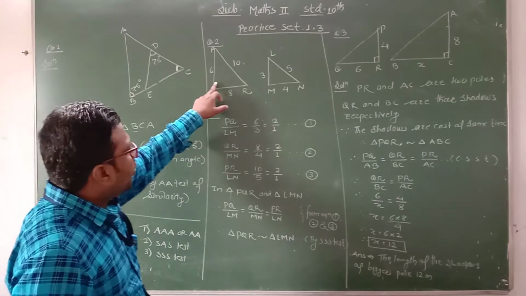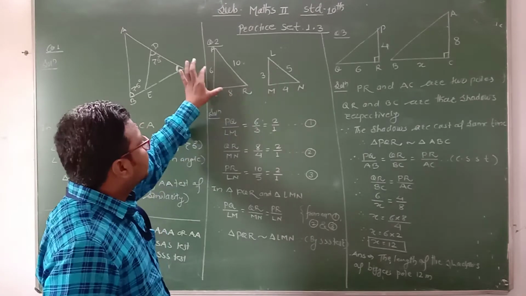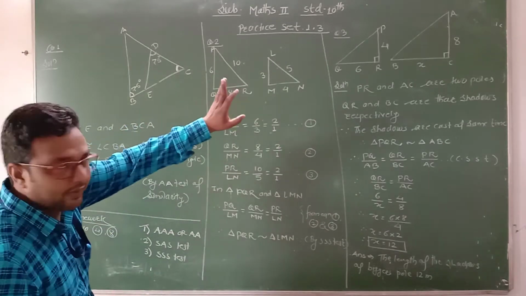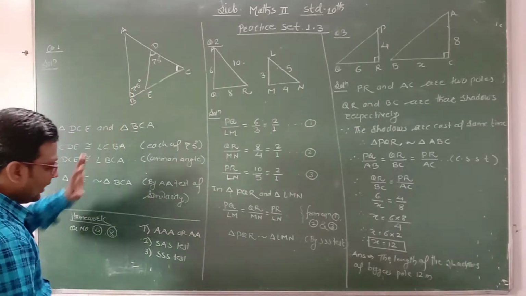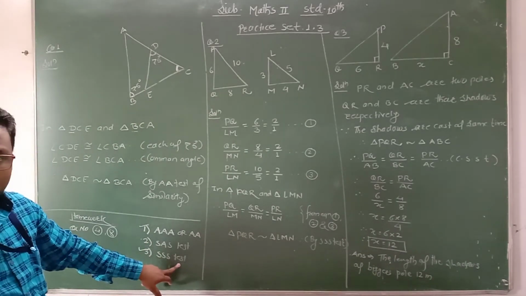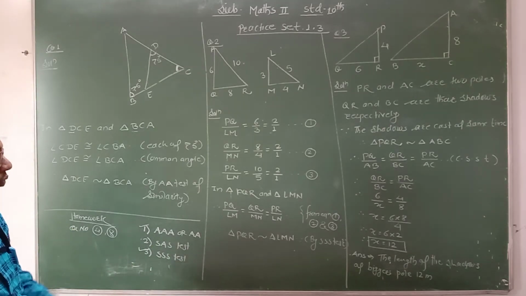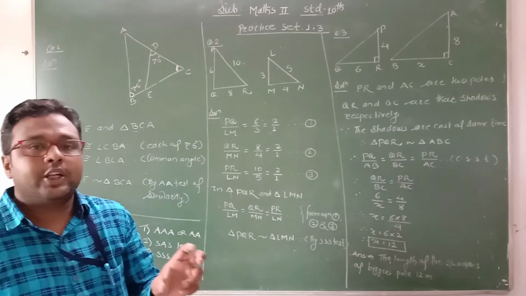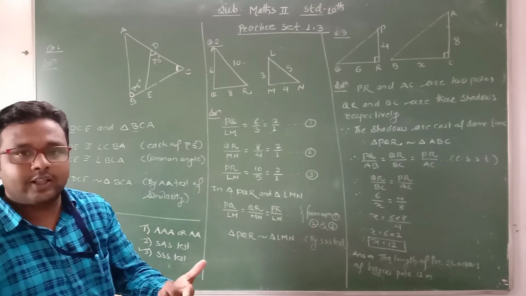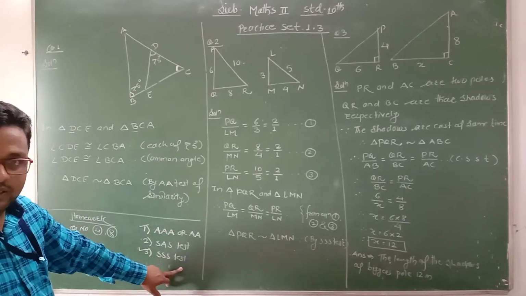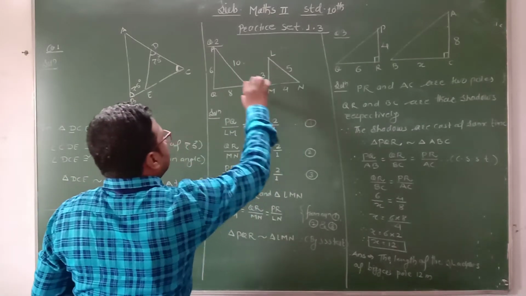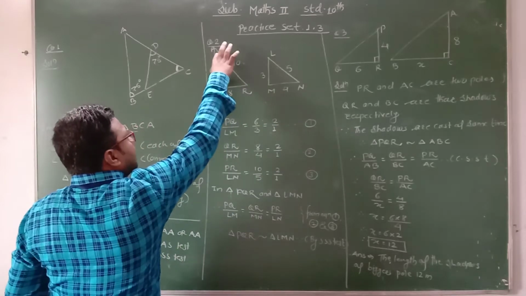Now if we observe the figure, in these two triangles the sides of the triangles are given. So all three sides are given here. There is no information about the angle. Therefore we can think about the third test, that is the side test for the similarity of the triangle. Clear? For the similarity of the triangle, if the ratios of corresponding sides are in proportion, then the triangles are similar by the side test.